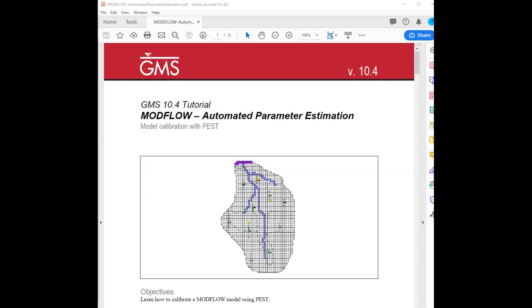Hey everybody. In our previous video, we learned how to use the calibration tools in GMS to import observed head data from monitoring wells as observation points in the map module, and also to assign field observed flow values, for example discharge to a stream, either gains or losses for flow between a river and an aquifer, and then how to